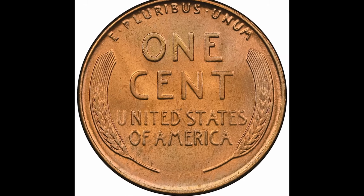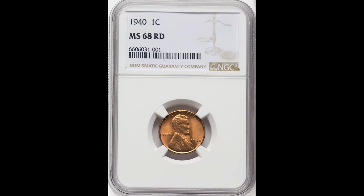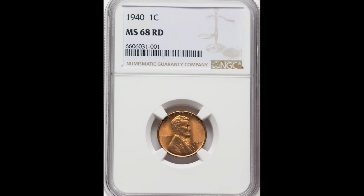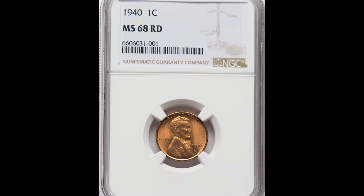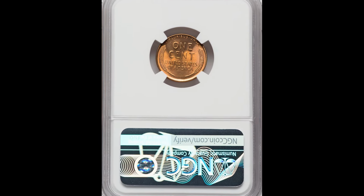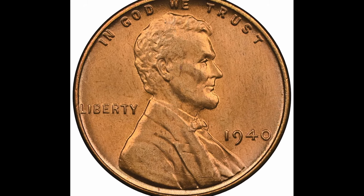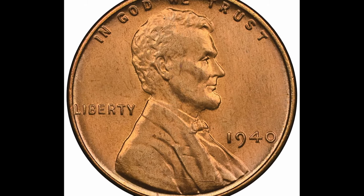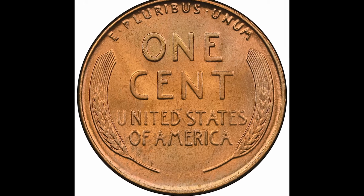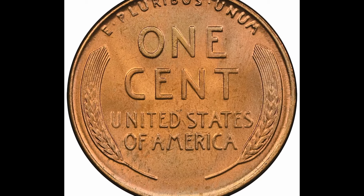I like my odds here much better than if I was, say, gambling at a slot machine. I am not a gambler. I'm not endorsing that whatsoever, but this has a bit of a more fun aspect to it, especially if you're like me and you enjoy coin collecting. This 1940 coin got the 68 grade, like I said, which is only 2 points away from the perfect grade of 70. This one sold for $3,360. Wow,